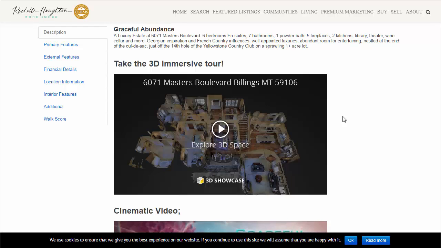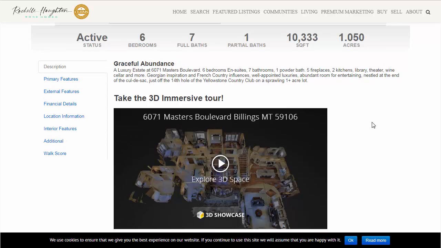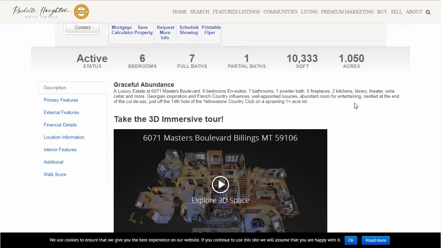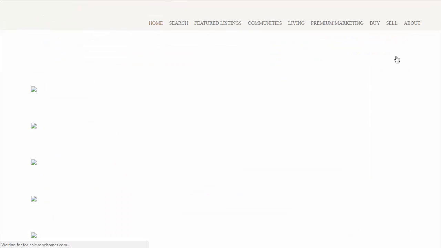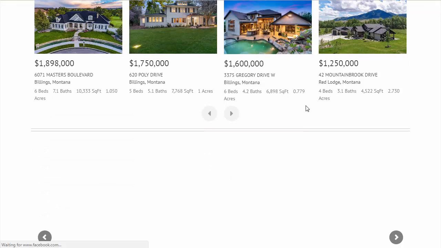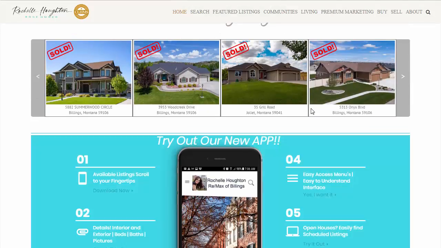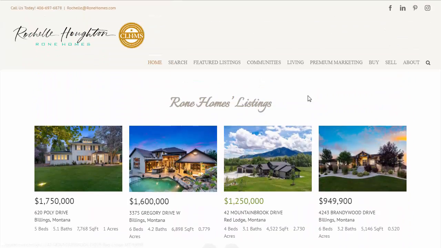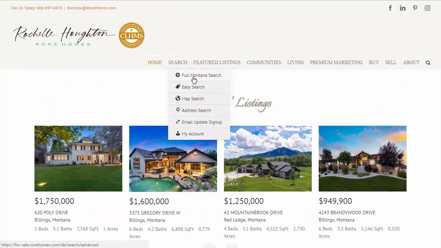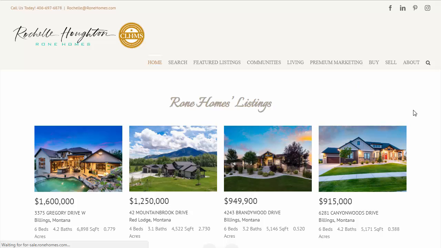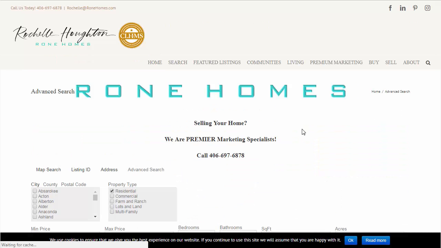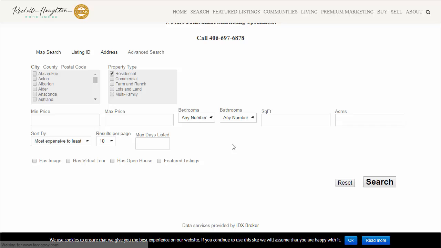scan right here, and then what happens is that when someone goes to your website and they're searching for a property using the search, let me show you the search here, that when you pick, let's say your clients are searching for a property that matches the property that you sell,